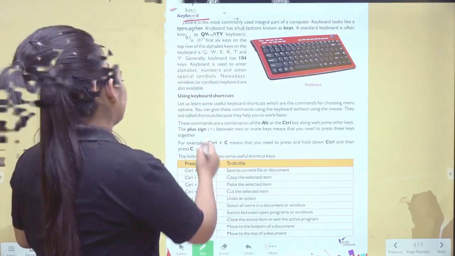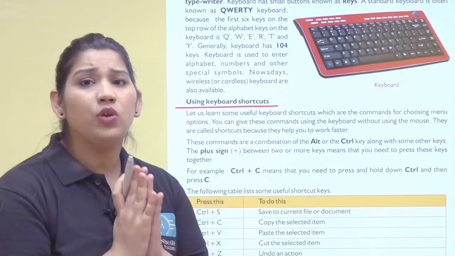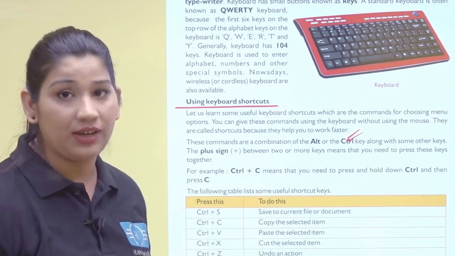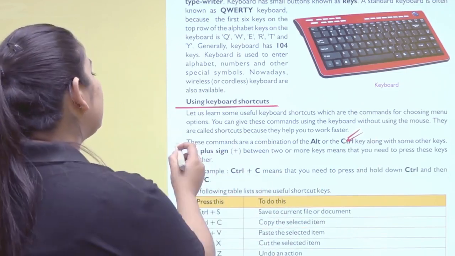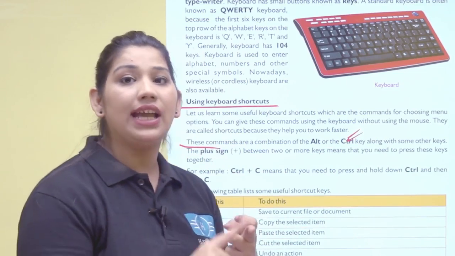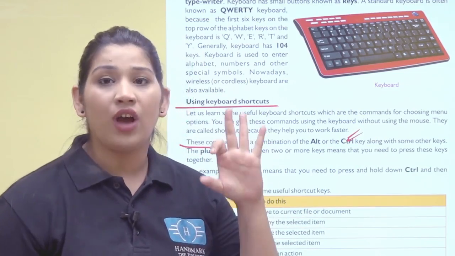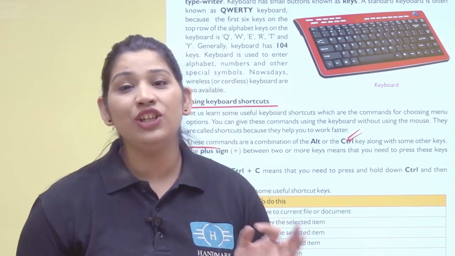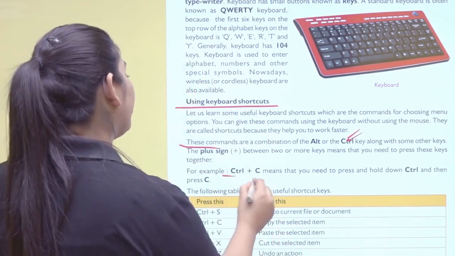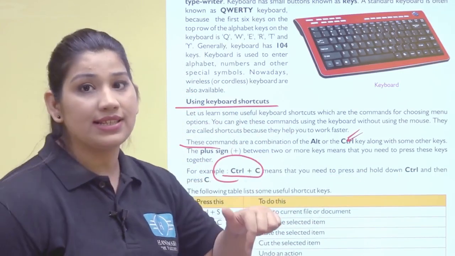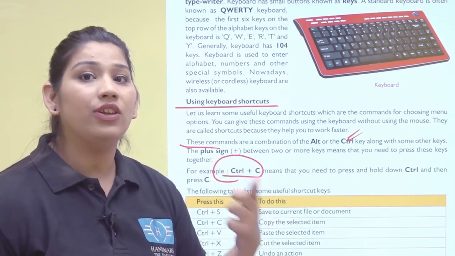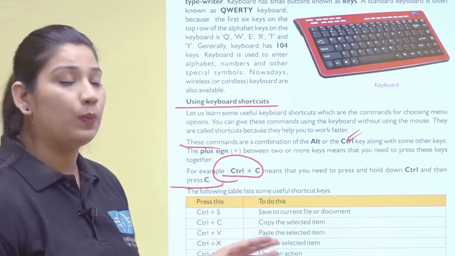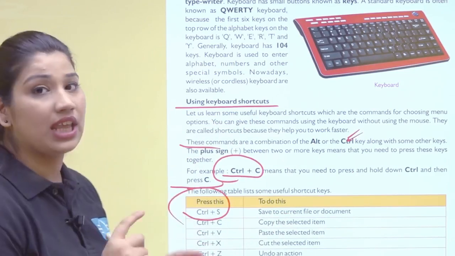Let us understand that. Using keyboard shortcuts. Some useful shortcuts, which are the commands for choosing menu options, etc., are given here. Let us have a look at that. These commands are a combination of Alt and Control keys, which means you have to press the Control key and then another key to use the shortcuts. Let us understand. Control plus C means you need to press and hold the Control button and then press the C. The following are the shortcuts, which means Control plus S means to save the current file